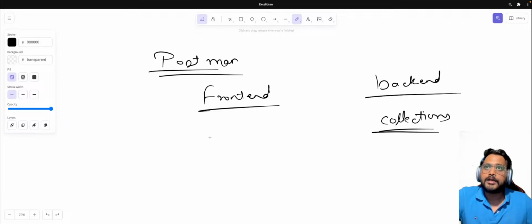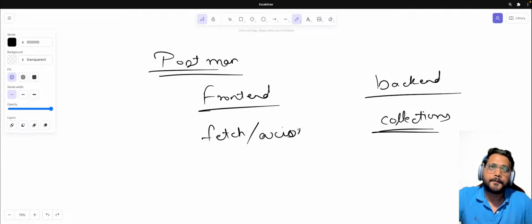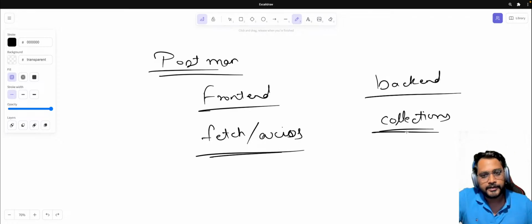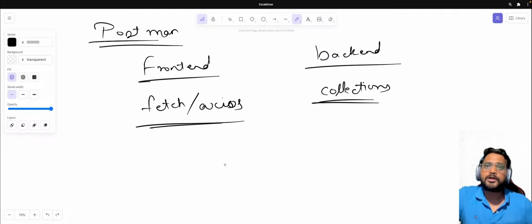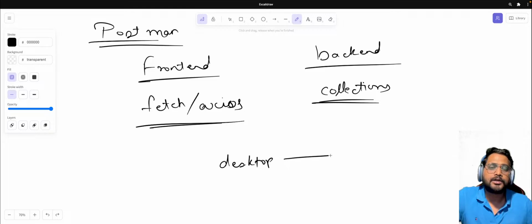Making the actual API call with fetch or Axios should be done on the front end. Okay. You can do the same thing in the backend as well. But what will happen is your desktop application or your website or your front end will send the data to your backend,